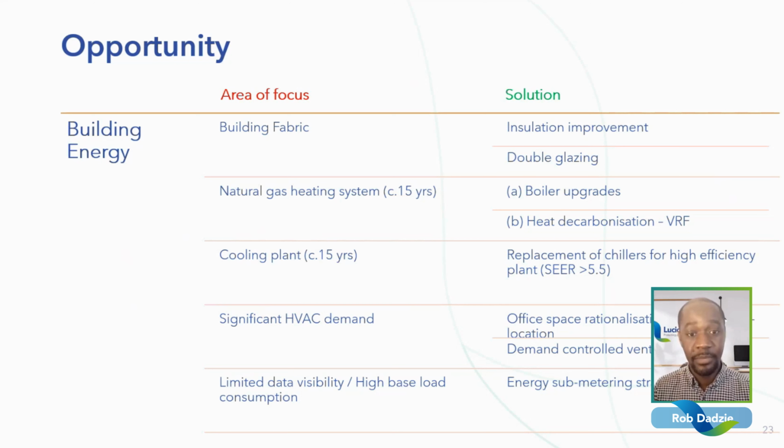There's significant HVAC demand, and they noticed that post-pandemic, actually Fridays and Mondays, really quiet. So they wanted to co-locate staff on lower ground floors in some of their offices. So we said, actually, how can we use the ESOS assessment to demonstrate how demand control ventilation would benefit the premises? You know, can you close off the top 2 floors, co-locate everybody on the lower levels, and thereby reduce